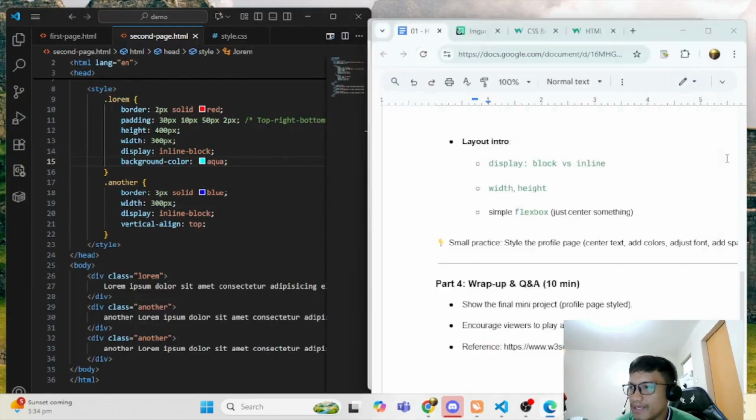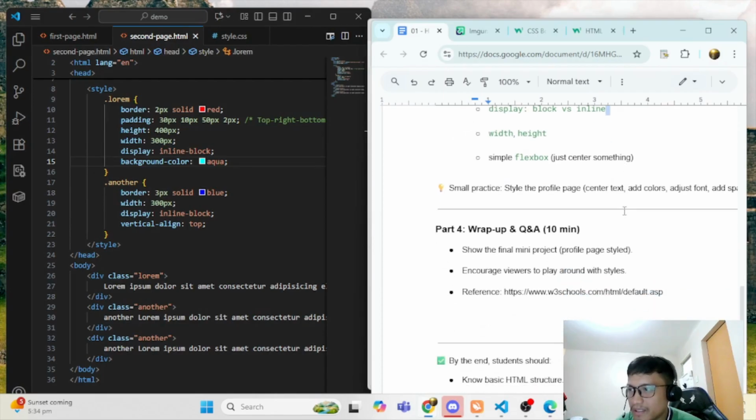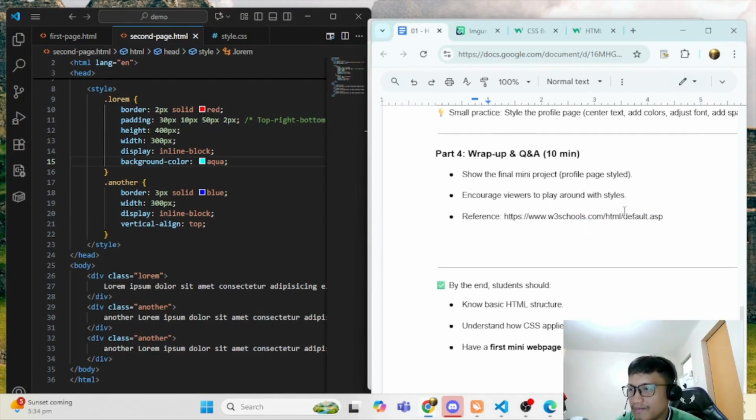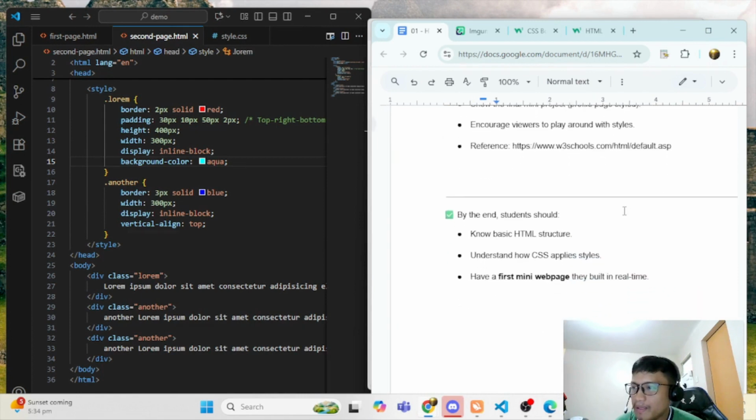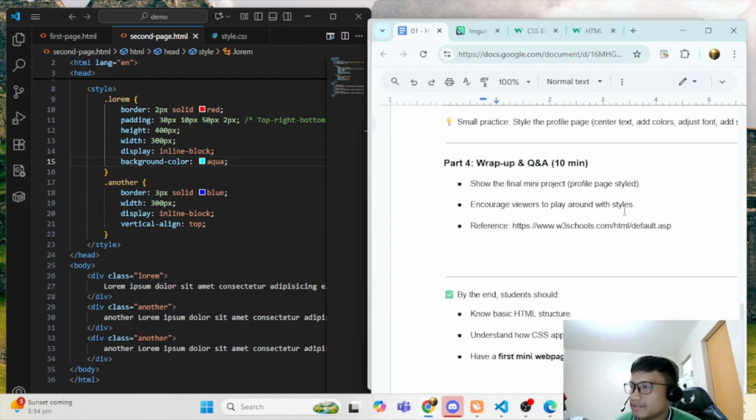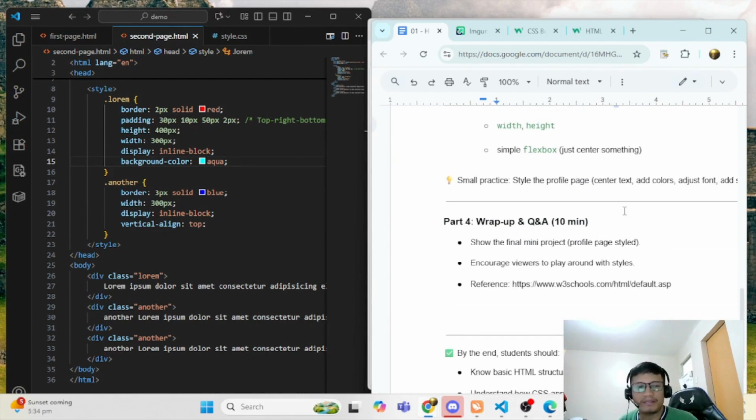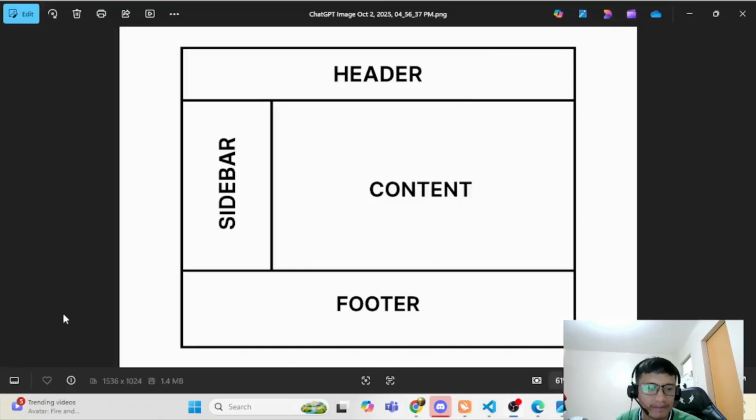So what we're going to do next is an exercise to create a simple, basic HTML page. In creating a website, we commonly see this structure. There is a header, footer, content, and then sidebar.